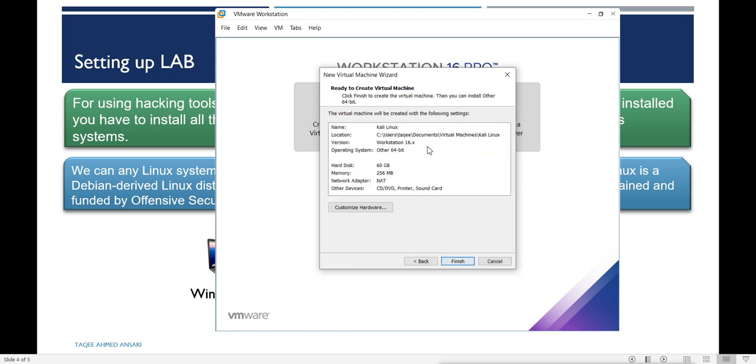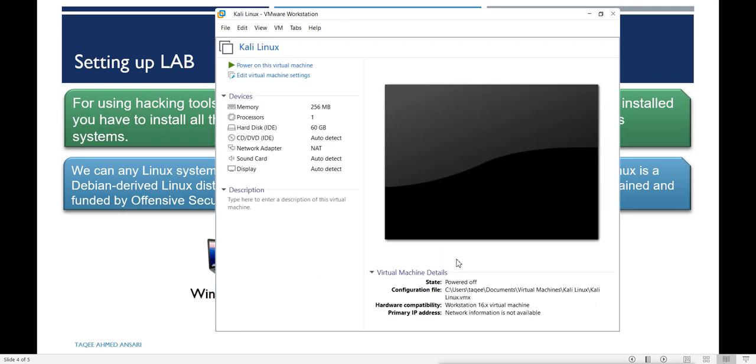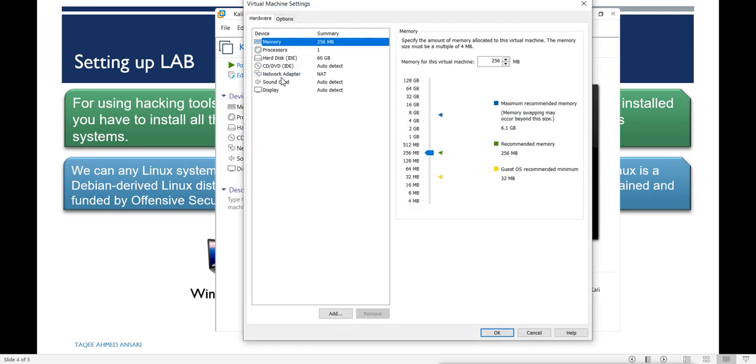and I will change and customize the hardware. We can customize it from here, or we can customize it after creating. So I will edit the virtual machine setting, because you can see the RAM, it is giving me only 256 MB, because I have chosen the other operating system. If you like, then you can increase the processor also, and you can change the network setting, display setting, and hard disk is already given 60 GB. So what I am going to change is, I am going to edit the machine and I am going to change the RAM,